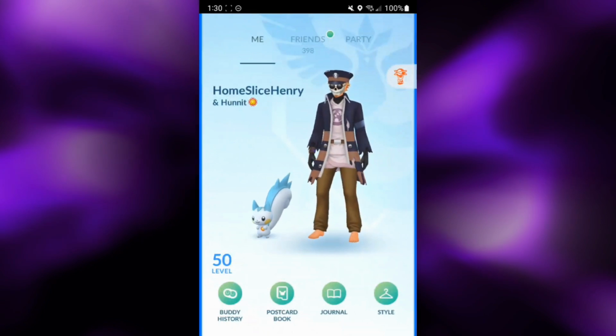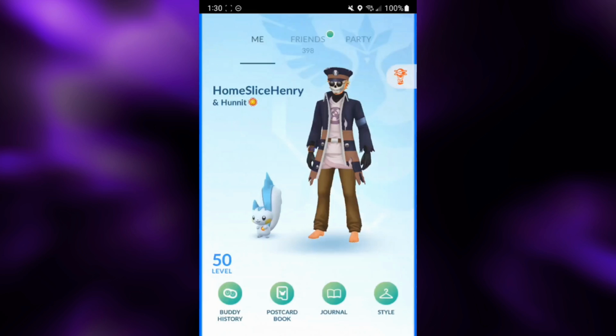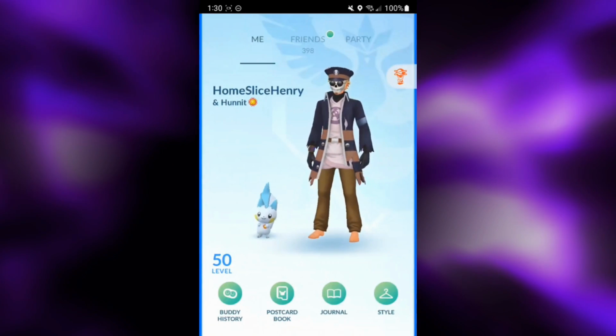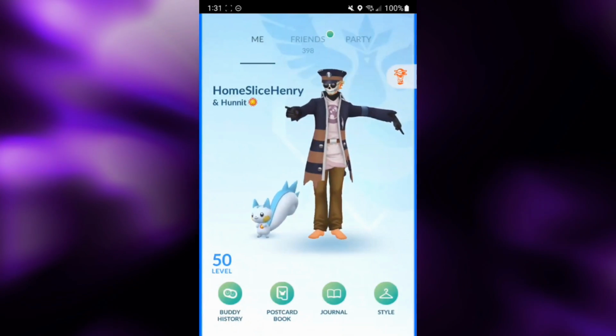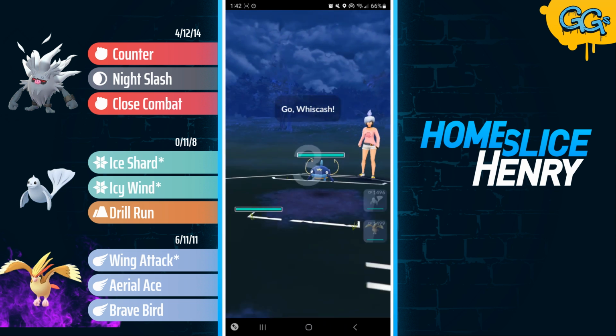Today, I'll be testing it out with Legacy Wing Attack, Aerial Ace, and Brave Bird. Aerial Ace compared to Feather Dance does give Pidgeot a much cheaper charge attack, and since it's the Shadow Pidgeot, the Aerial Ace is actually going to do some pretty nice damage. So without further ado, let's hop into the matches, and let's see the world debut of Shadow Pidgeot in the